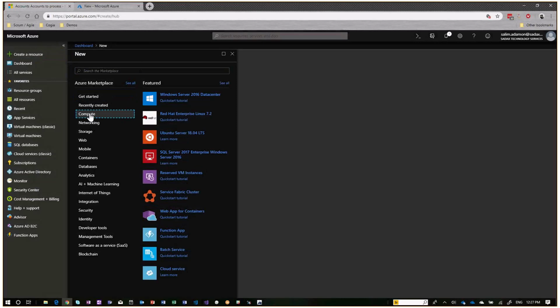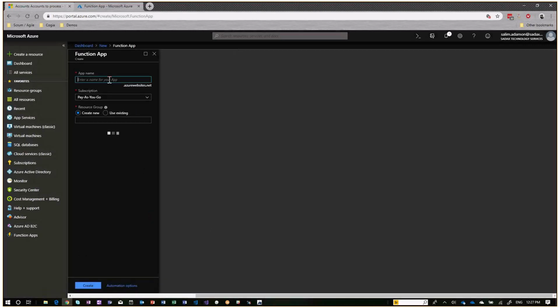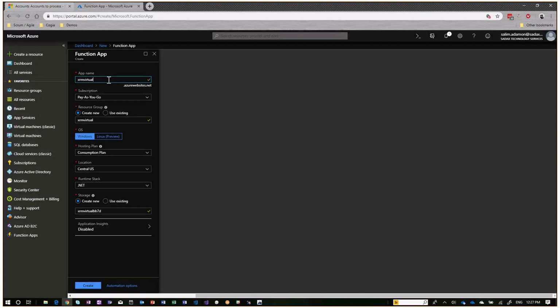So you want to look for compute, and in here you see you have a function app. So I was talking about that earlier. So let's go and create one. I have a little bit of flexibility because I have some computing that's for free, so I use the pay as you go. I will use an existing resource group